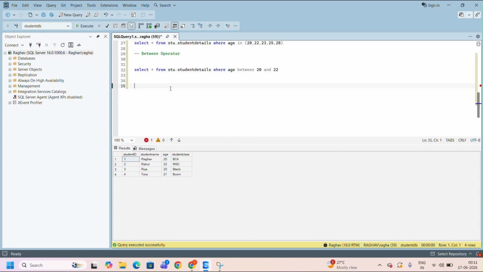So before understanding the is null and is not null operators, let's insert a few more records because we don't have records related to is null and is not null. So here we will use the insert statement. How will we write it? We already covered it in our last videos. Student db dot schema name dot table name values. Okay,